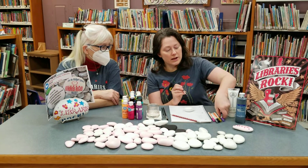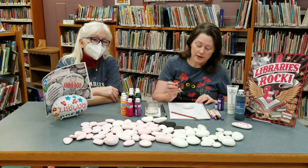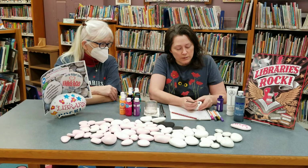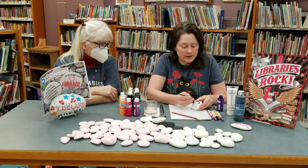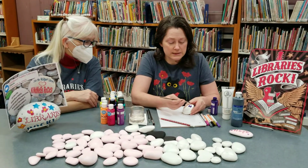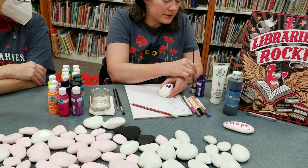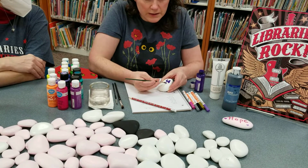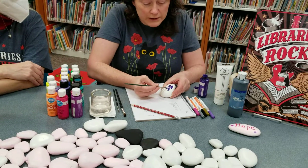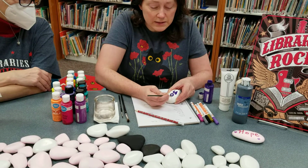Something else that's also lots of fun is they sell paint pens. You can have all kinds of fun with those and do a lot more precise things. And then you just want to go over where you wrote, like that. And it's super, super simple. And we're not going for masterpiece. It doesn't need to be something that is going to be shown in a museum someday, or anything that needs to be saved forever. It's just simple paints and colors